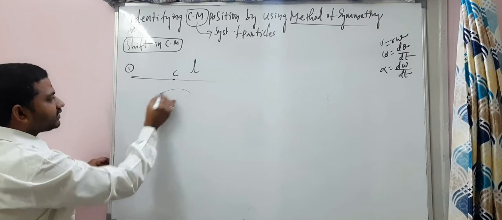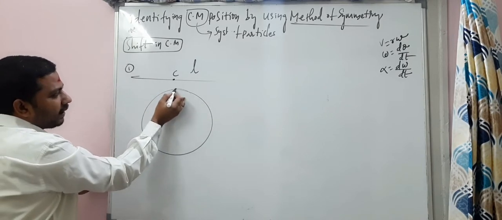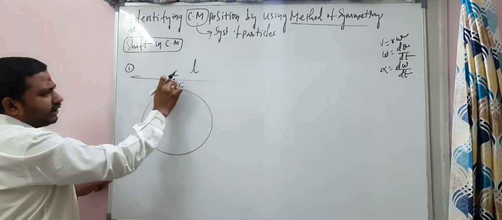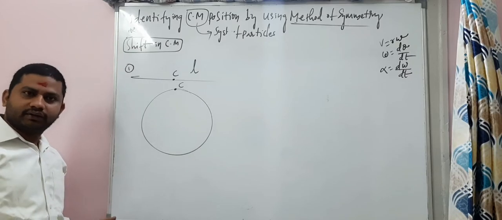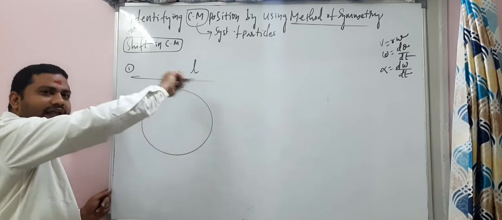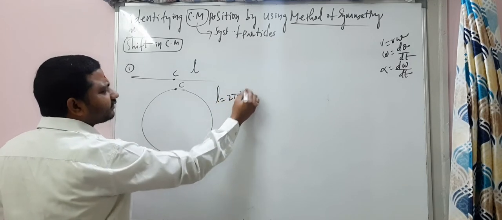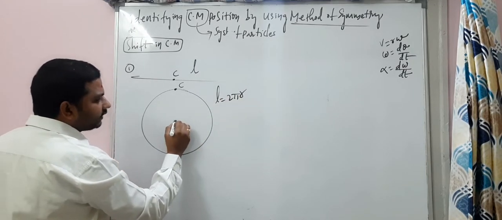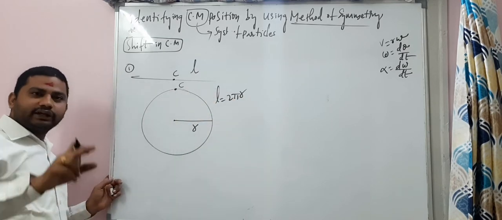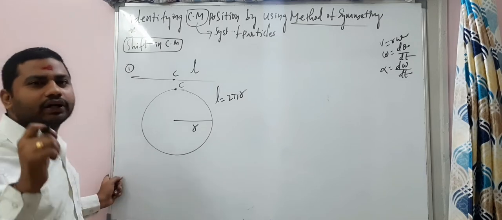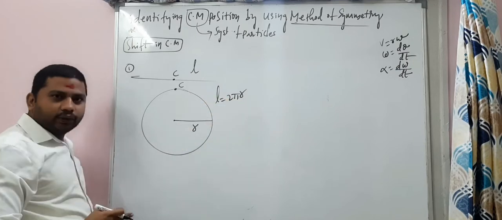Look at the same. So this is the circle that happens, and the point C is here. I'm just bending by keeping my finger at point C and bending the line in the form of a circle. Now the circle's length is also L, and that L is nothing but the circumference of the circle, 2 pi r. Will you agree with this formula? Yes or no? Write in WhatsApp. The length of the circle becomes 2 pi r now.